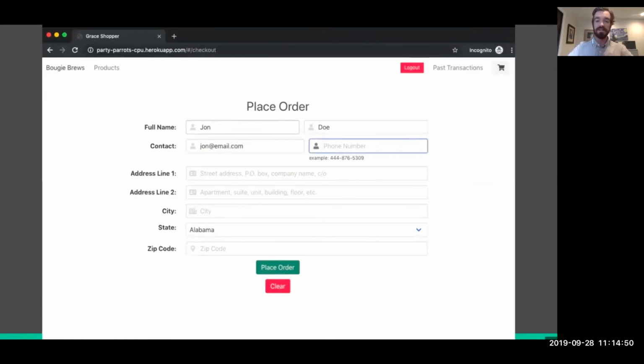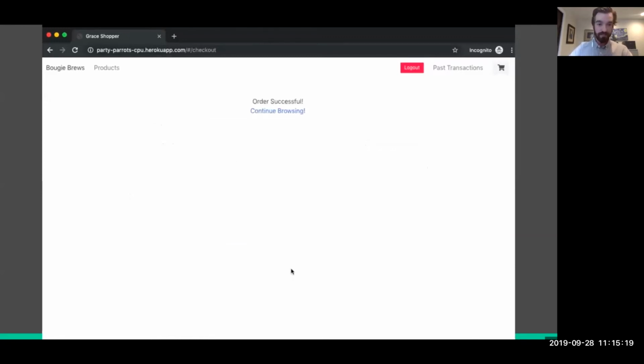And that is the transition from a guest cart, when you are a not logged in user, to the persistent cart for a guest when you do decide to log in. This way you can initially shop our site as a guest, and if you decide you want to keep track of your transaction history, you can log in. And it's a bit more involved than it sounds. We had to do something with cookies where we track that. And then once you sign in, we actually stop tracking your cookie and we start tracking you by user ID instead. So now that we've placed our order, we can go